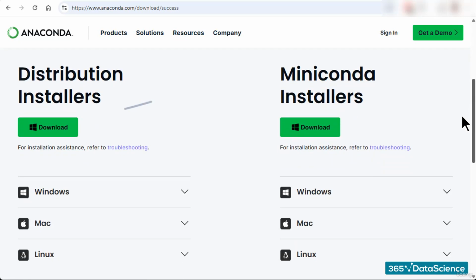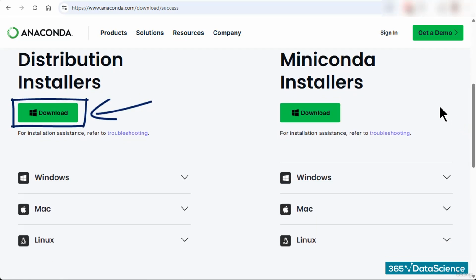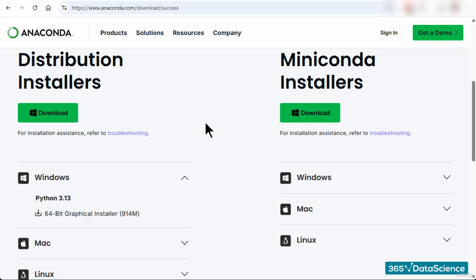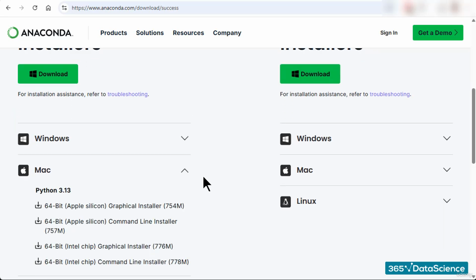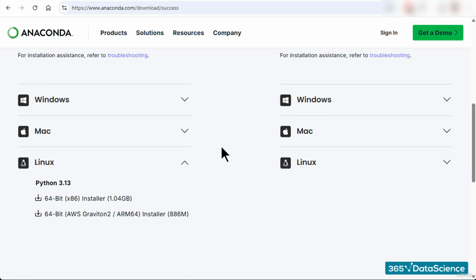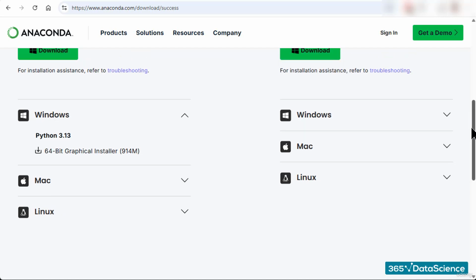By pressing the download button, Anaconda will suggest the best version that suits your operating system. Alternatively, you can scroll down and manually pick a version for one of the three: Windows, Mac, or Linux. In this lesson, I'll show you how to install Anaconda on Windows, but the procedure is practically identical for Mac